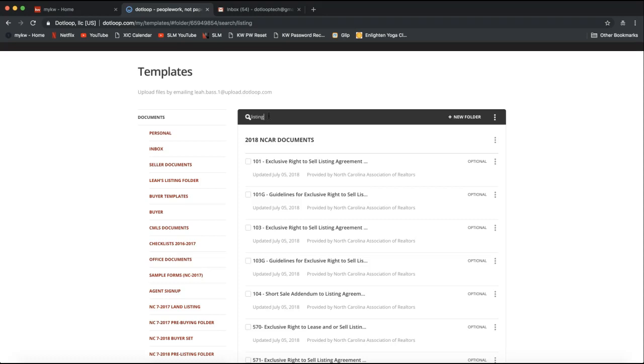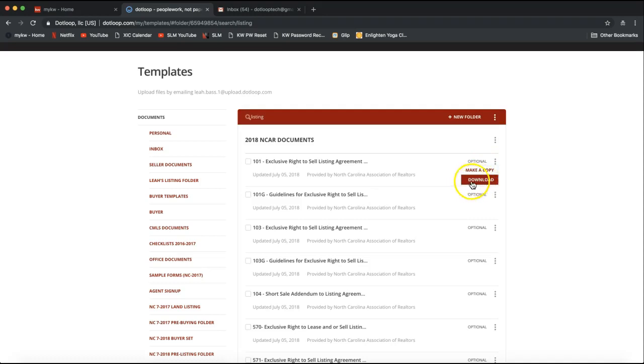Now some of the form names are rather long, so if you're unsure that this is the correct form, you can either click on it to view that form, of course, or you can just simply hover your mouse over the form name and it will pop up this little black speech bubble letting you know what that full form name is. So once we find the form that we're looking for, all you'll do from here is come over to these three dots on the far right of the form name,